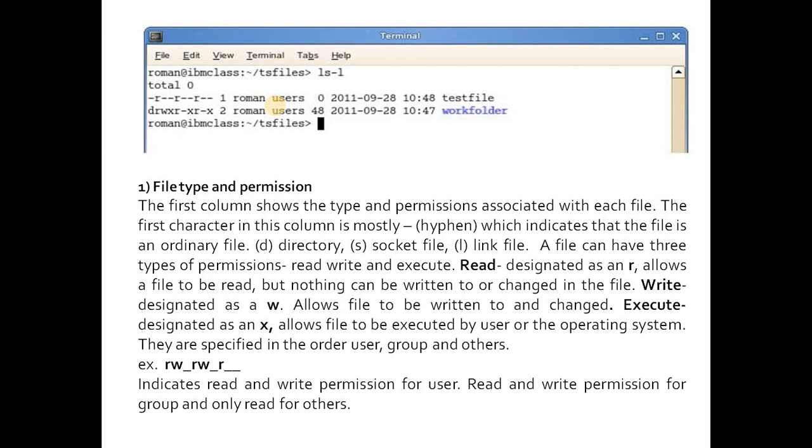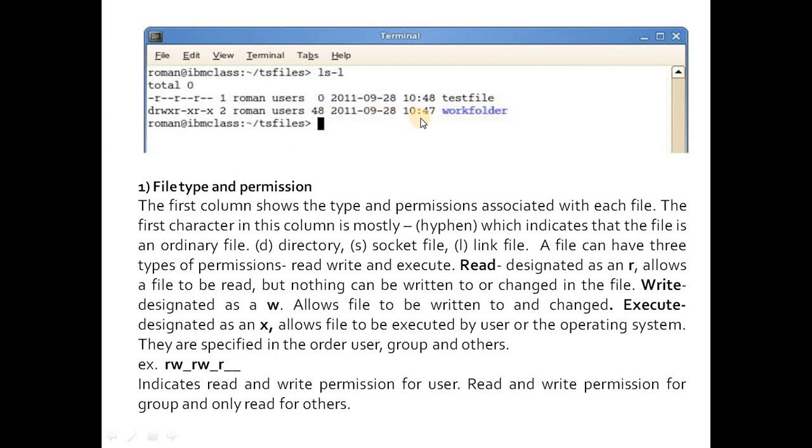When opening a user account, the system administrator also assigns the user to some group. So in this given example, the group ownership, or the name of the group, is users. Next, the numbers which you can see over here are nothing but the file size: the size of the file in bytes, the amount of data it contains. It is only a character count of the file and not a measure of the disk space that it occupies.